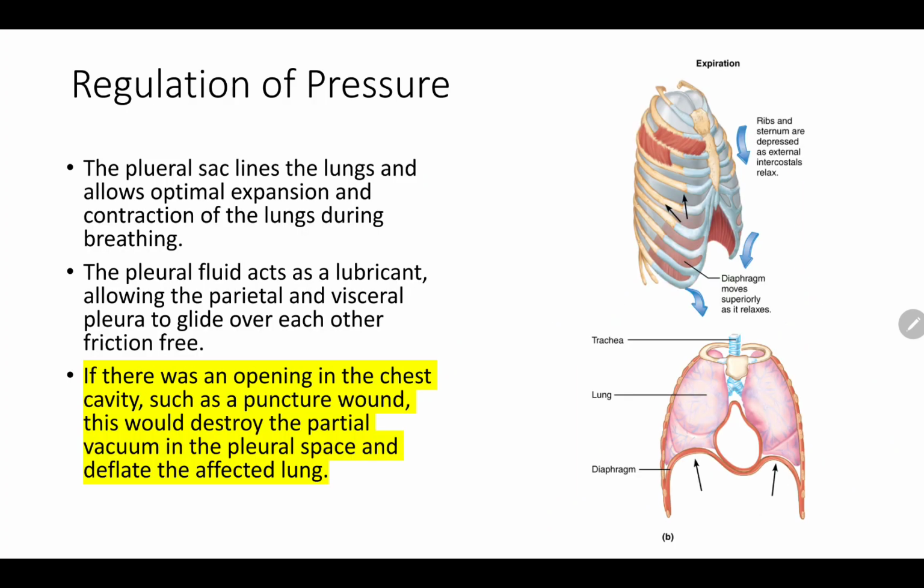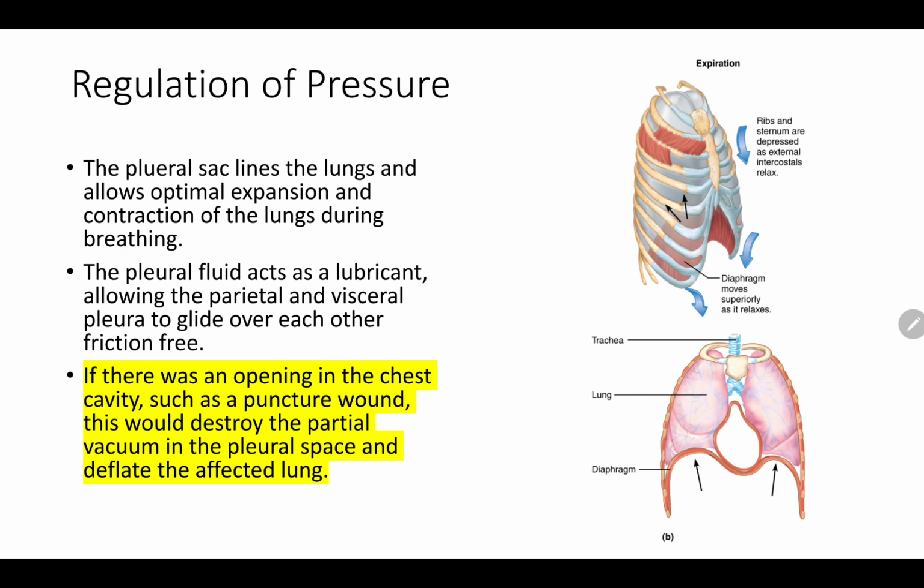To regulate our pressure, remember each lung is surrounded by a pleural cavity. The pleural sac that lines the lungs allows optimal expansion and contraction of the lungs during breathing. And remember, we have the visceral pleura and the parietal pleura. The visceral pleura is directly on the lungs. The parietal pleura is on the wall of the chest cage. And between the visceral and parietal pleural membranes, we have pleural fluid in that pleural cavity. That fluid acts as a lubricant, allowing the parietal and visceral pleura to glide over each other